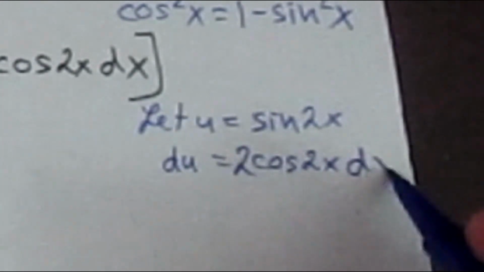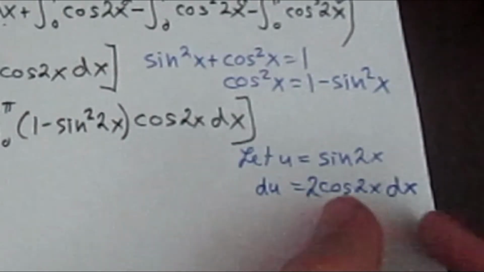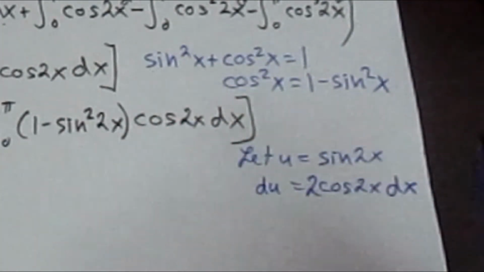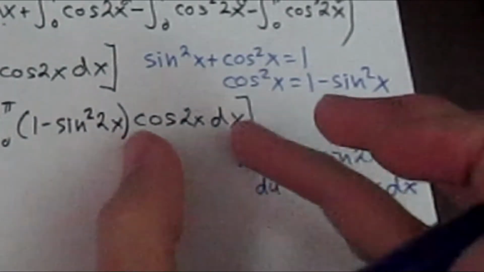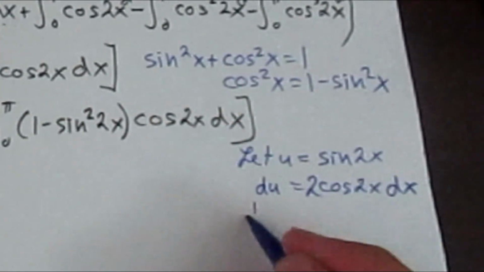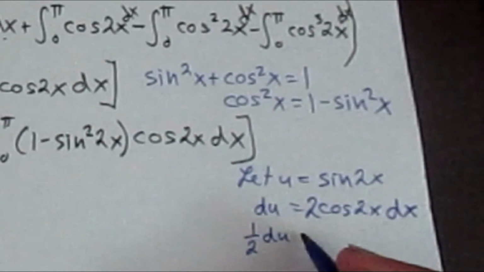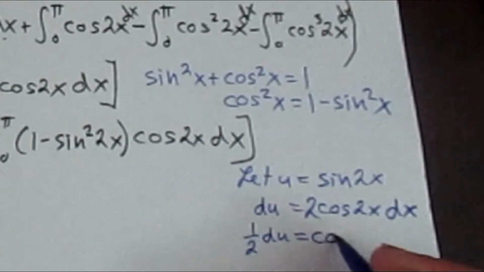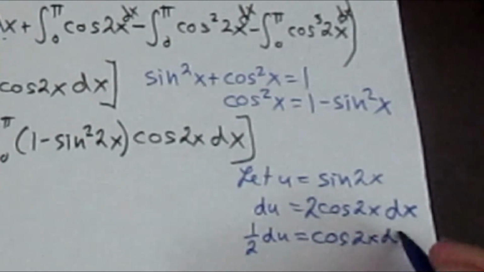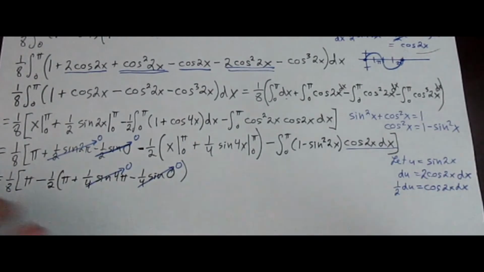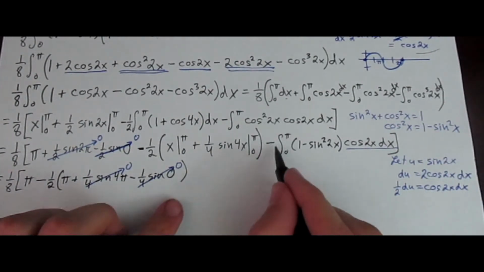And don't forget the dx. Now, we have a cosine 2x dx right here, but not 2 cosine of 2x dx. I'm going to divide both sides by 2. It's going to equal cosine of 2x dx, which is what we do have right there. So we subtract it